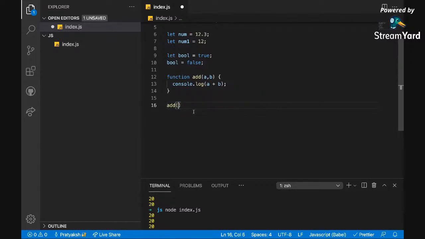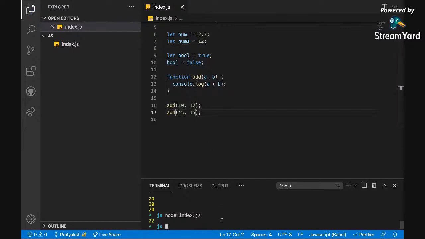Now if I pass 10 comma 12 from here, you'll see 22. Next time, the user gives 45 and 15, and now you get 22 and 60.